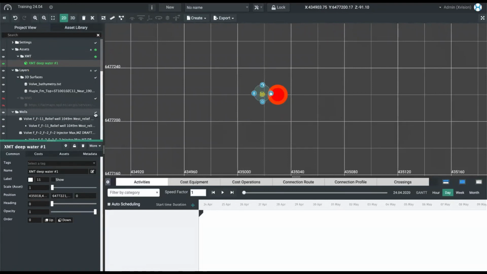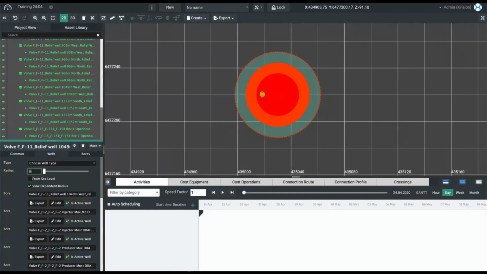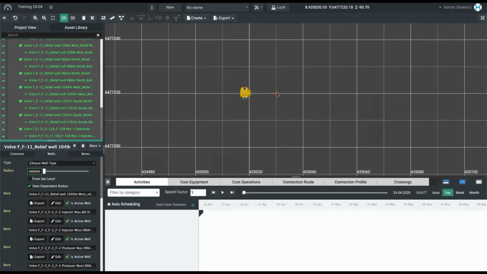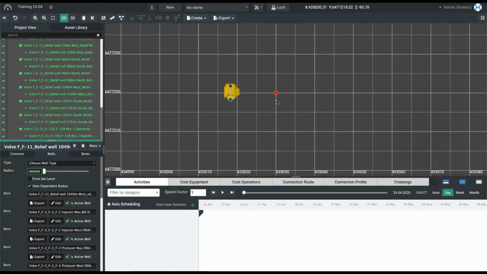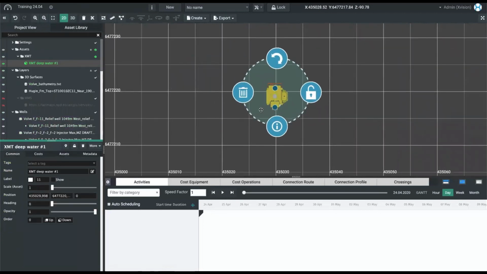So I can go back to wells, select all of them, and say, well, let's put it to 0.3. So now the well has a little bit of a more sane size. And I'm clicking my Christmas tree, and I can just put it here. So now my Christmas tree is in the location I want it to be,